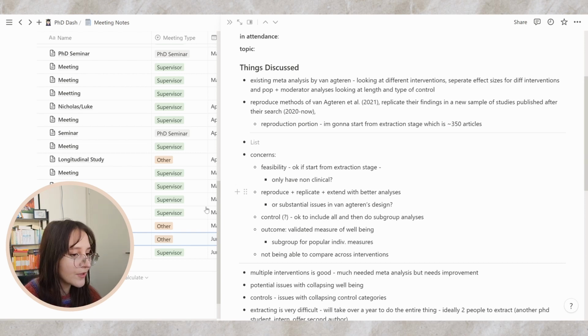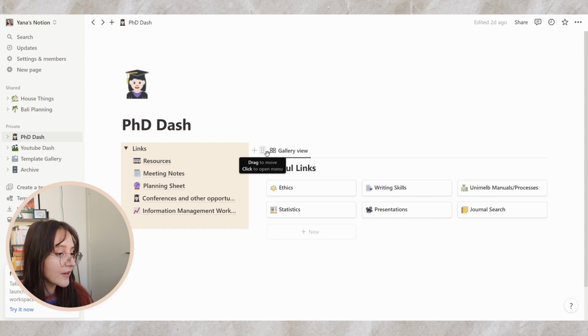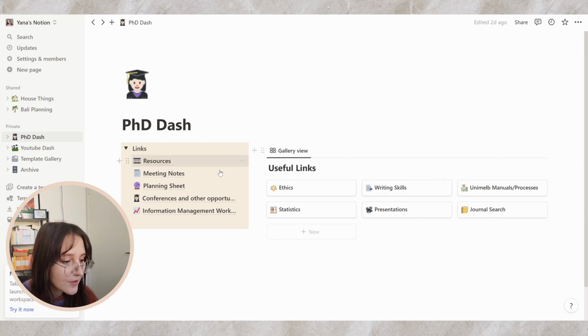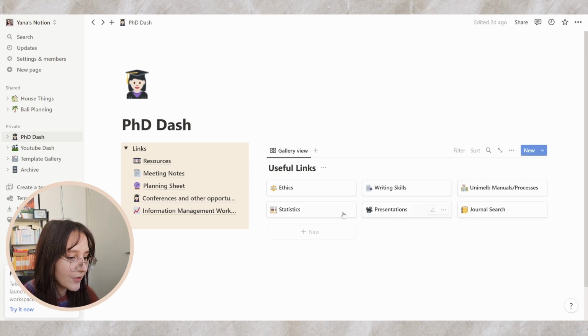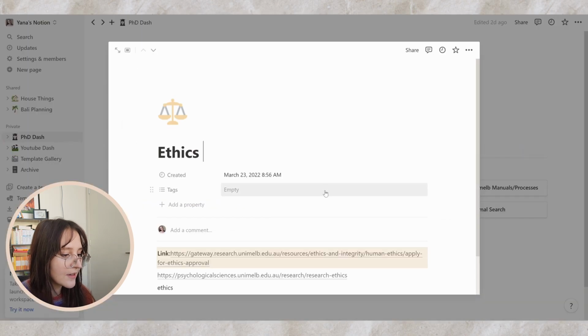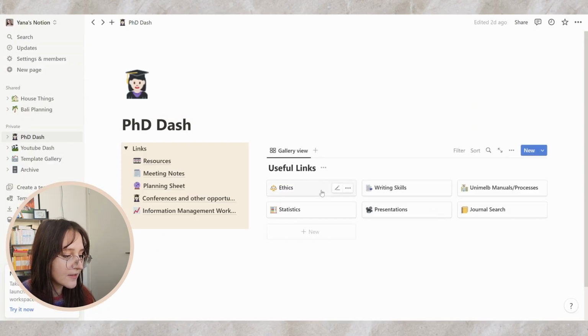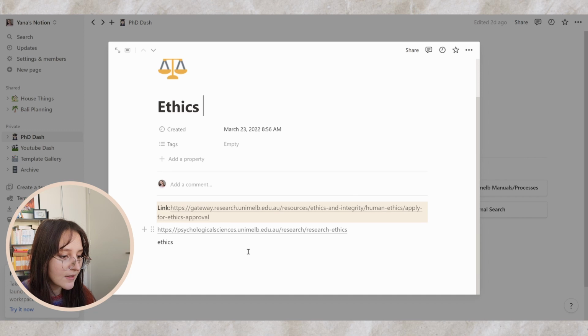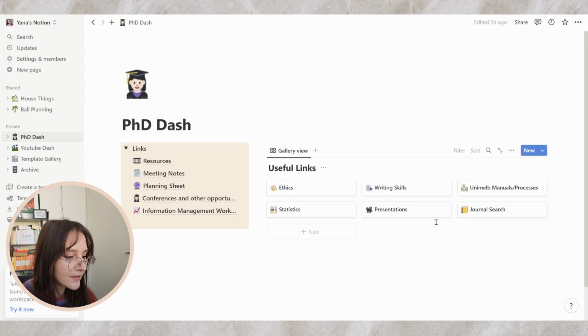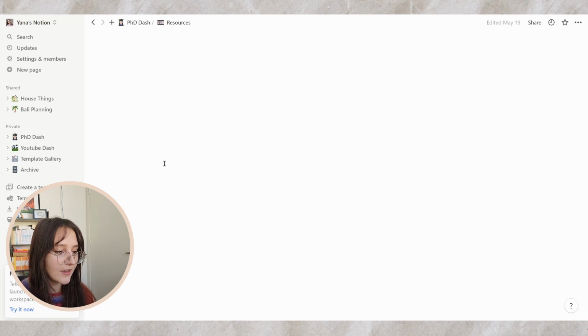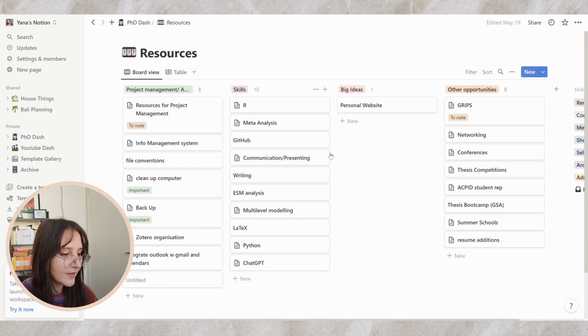And then I've also found Notion to be quite helpful for organizing all of my links and resources. This is a bit of a work in progress because I don't know whether this format is useful, where I'm just collating different links under different headings, things like manuals and processes for uni, things related to ethics. Otherwise, I've been trialing using a kanban board for this,